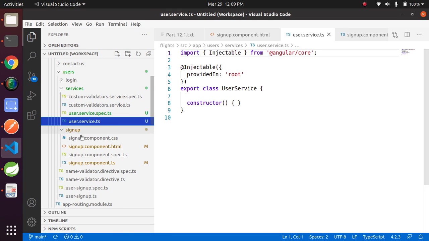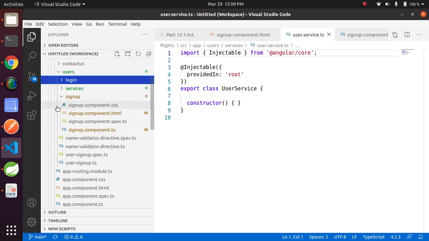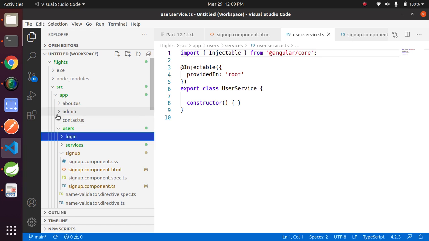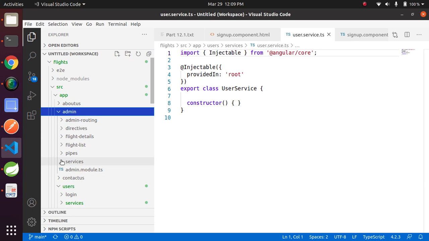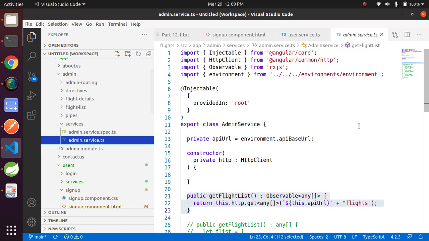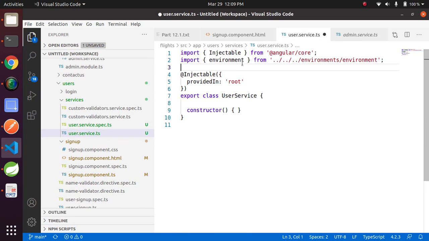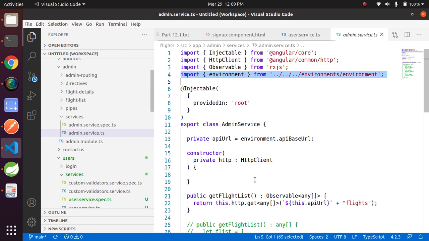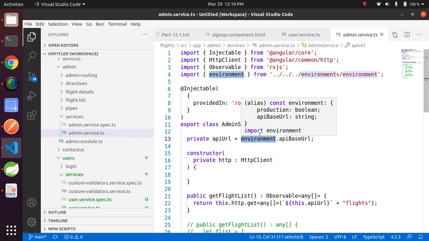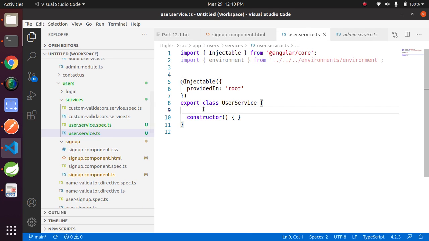Now open the already created service. We will copy some things. Open the admin service.ts file here. Just copy the environment import from here, paste here, and the way we are calling the environment file, copy this also.